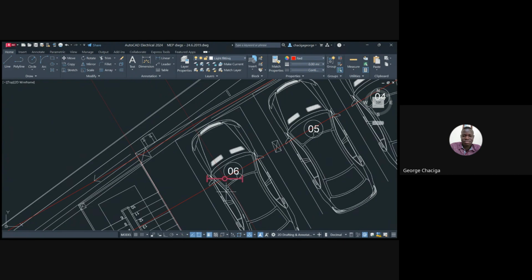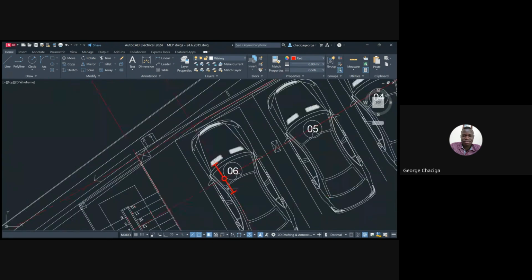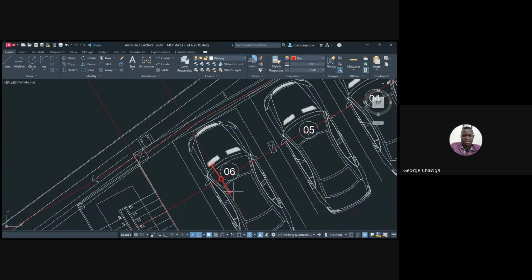So you select it, you come here, that's the use of the rotate command, select the center, then you rotate along that line like that. So I've placed my first lumen. So you can copy that,